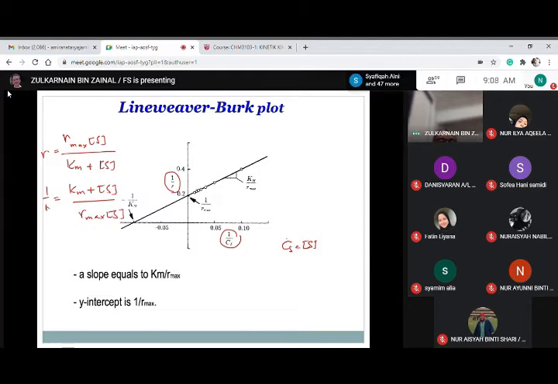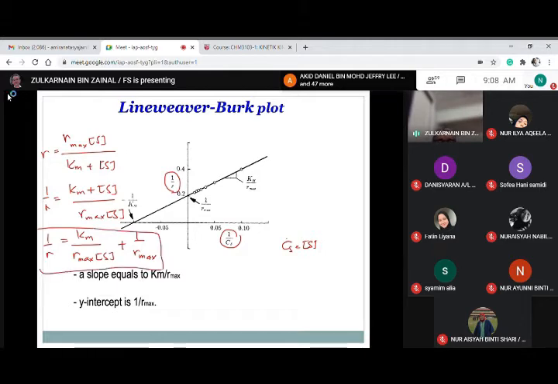And then if you further do it, Km over R max S plus 1 over R max. So this is your 1 over R. So this is the equation. This is actually what we call the Lineweaver-Burk equation. So if you plot 1 over R versus 1 over S,